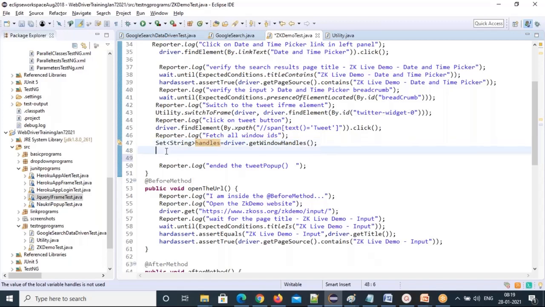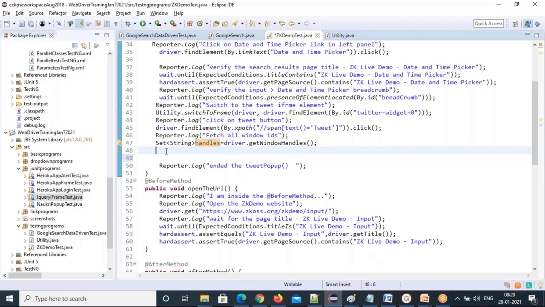So you need to iterate this. We are going to iterate with the iterator method. I'm going to show you the first example I explained during the theory part. That is, I will extract both window IDs and store them in some variables. Whenever I need each variable, the parent window and child window IDs, I'll use them. Right?